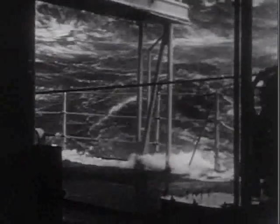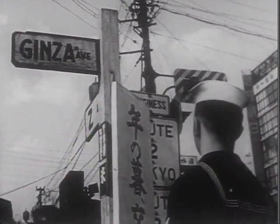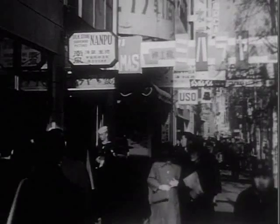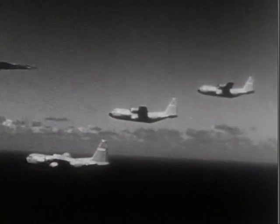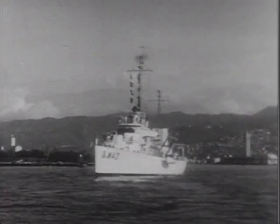Coast Guard personnel can be found in foreign ports over a large part of the world. The time has long passed since the United States Coast Guard operated only along the shores of North America. The streets of Tokyo have become as familiar to Coast Guardsmen as those of European ports. The big modern planes of the Coast Guard are a common sight in Hawaii, and her white cutters move in